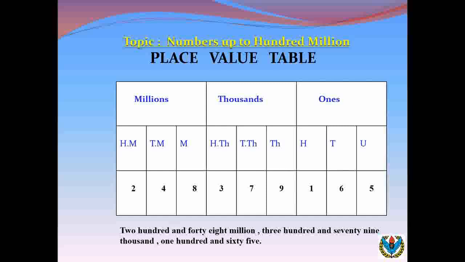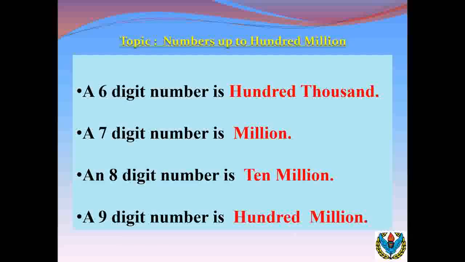Remember, digits which are in the same group will be read together. For example, we are going to read that number like this: 248,379,165. A 6-digit number is 100,000, a 7-digit number is million, an 8-digit number is 10 million, a 9-digit number is